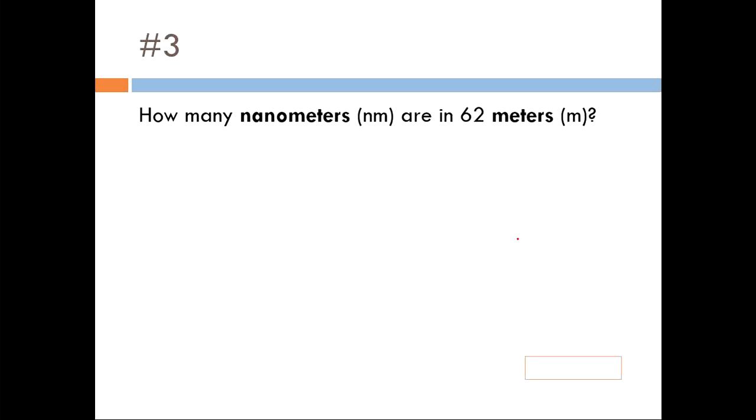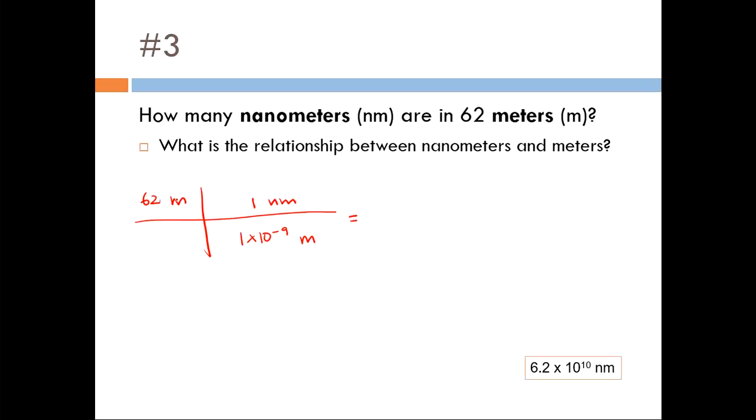Pause the video now and try to set up number 3 on your own. How many nanometers are in 62 meters? Play the video when you're ready. So here's your setup here. We start with 62 meters. We have our conversion factor here with meters on the bottom, nanometers on top. Our meters will cancel out. And the answer is 6.2 times 10 to the